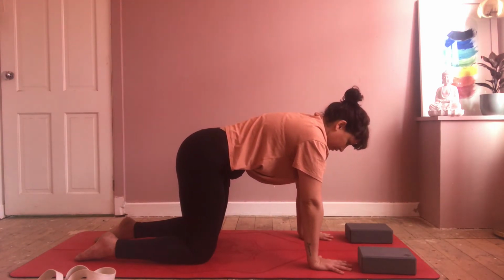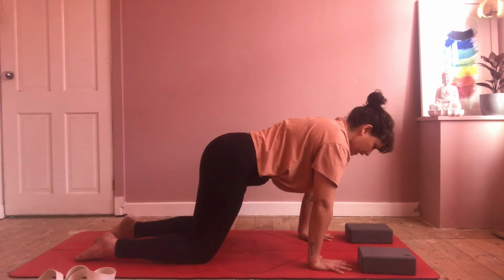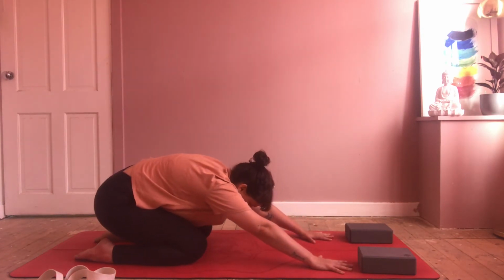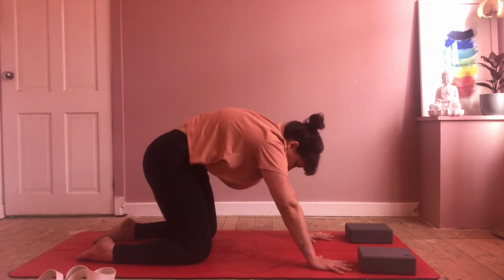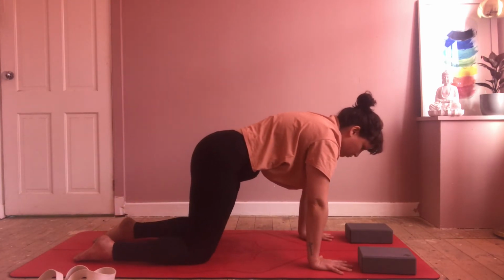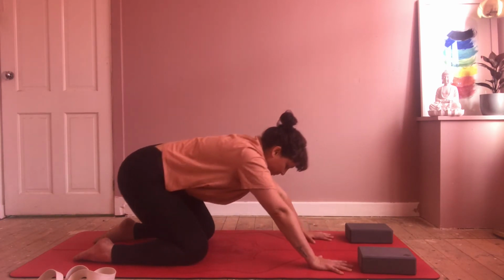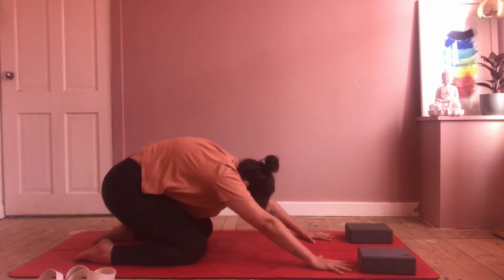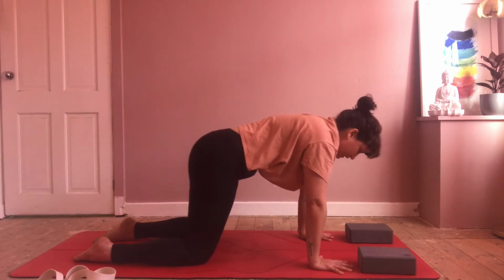And on the next inhale, you're going to move slightly forward so your shoulders come just in front of your fingers. And on the exhale, you're going to push back into child's pose, really pressing onto your hands, trying to bring your sitting bones onto your heels. And on the inhale, slowly move forward again. And on the exhale, bring it back into child's pose. Inhale forward, exhale back,